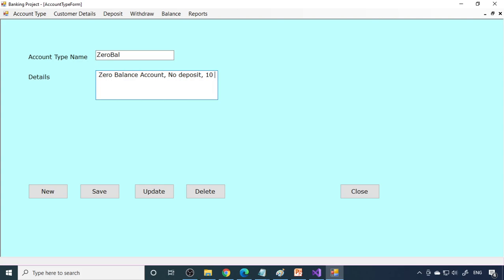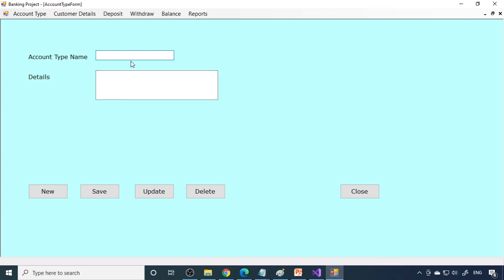Okay, the ton check leaves. So you'll get free. Okay, so all these details we can write it here. Fine, everything is typed now. Click save. See that, record saved successfully. So this record is saved.